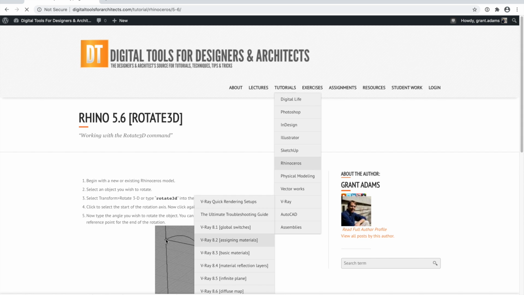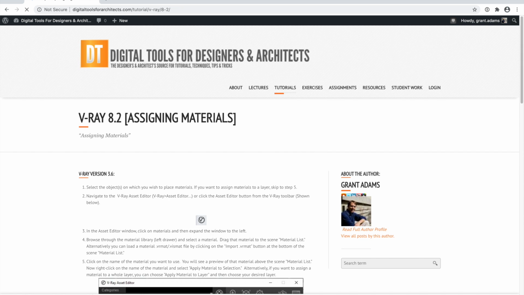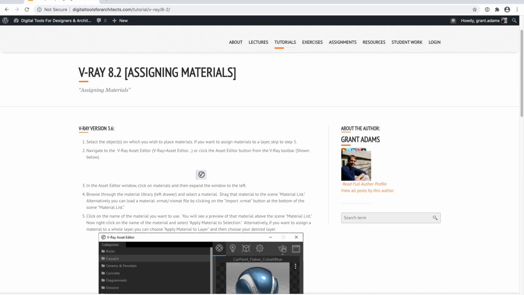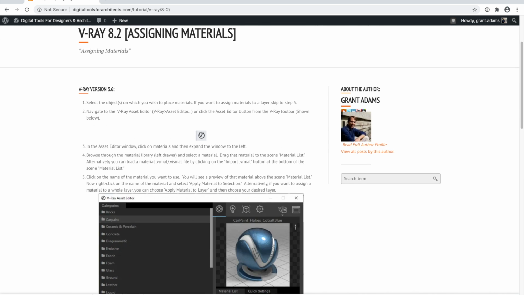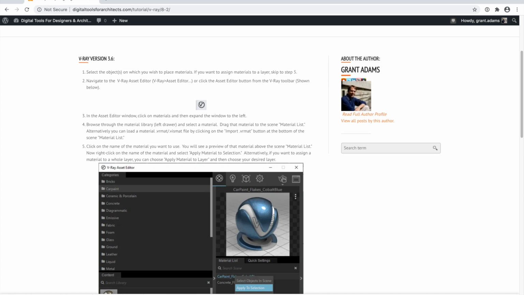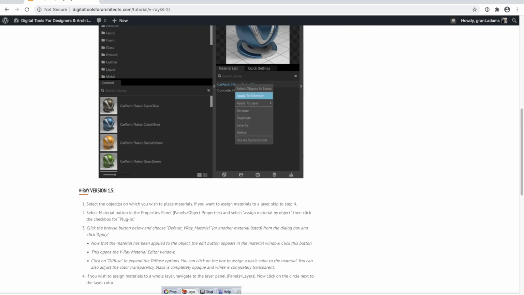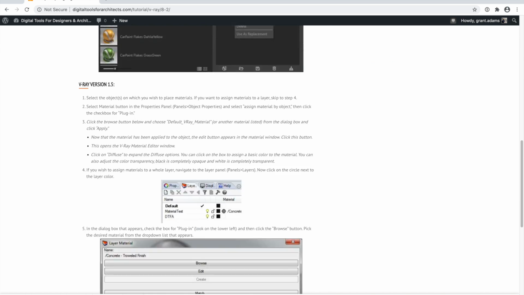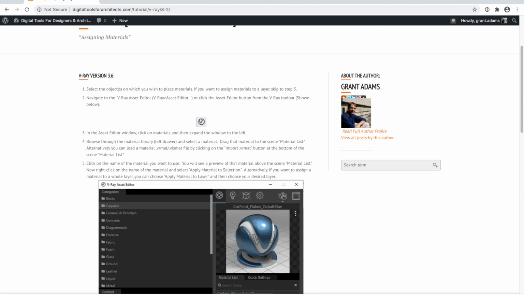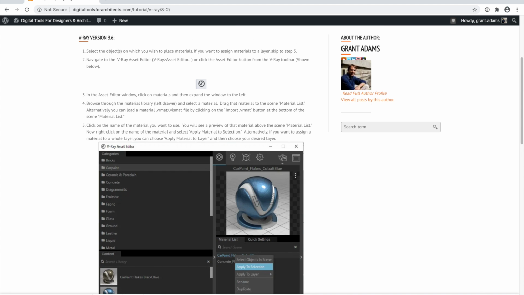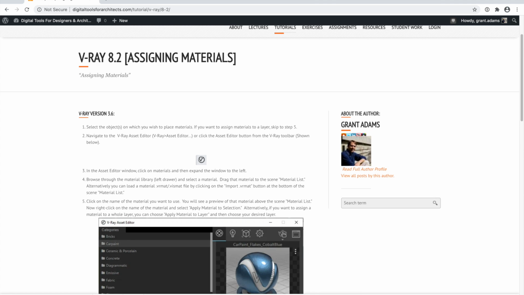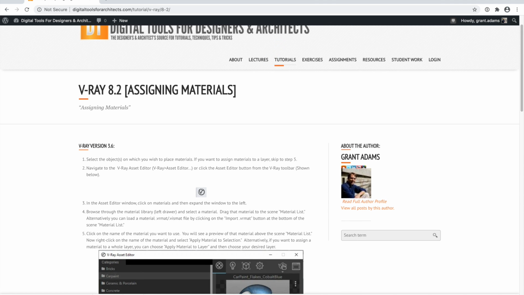Vray has some different information in it. So here I have Vray with version 3.6. That's what you guys will be using. Actually, you'll be using 4, but it's very similar to 3.6. And then I have old versions down below here because they changed it quite significantly. So anyway, that'll walk you through kind of how you're doing various Vray tasks going forward. So those are all available there under the tutorial section.